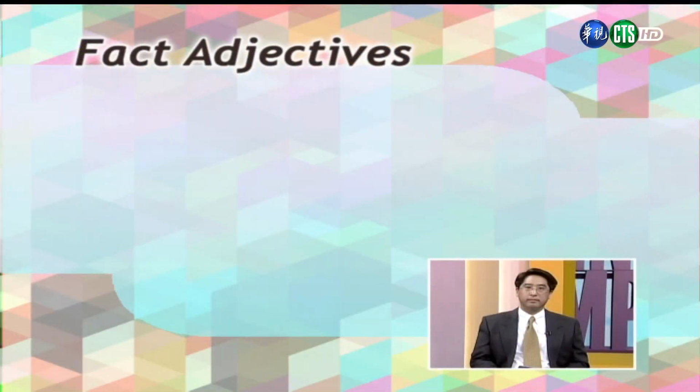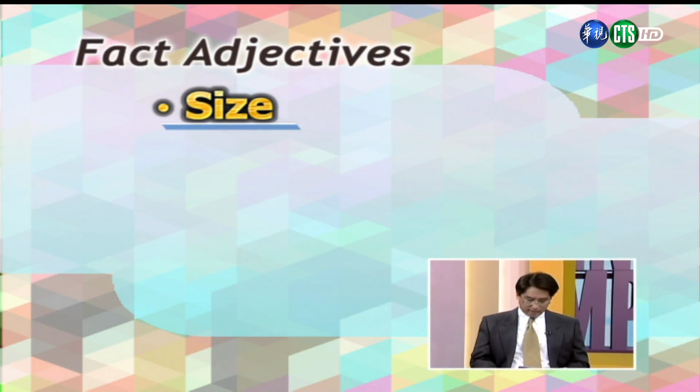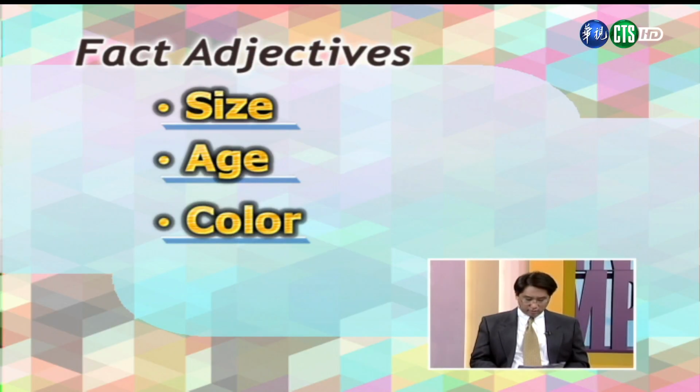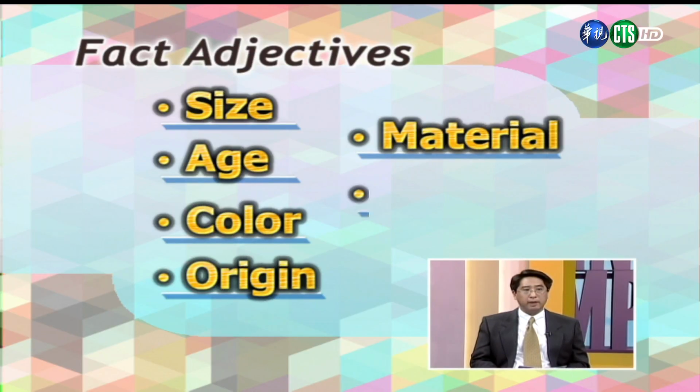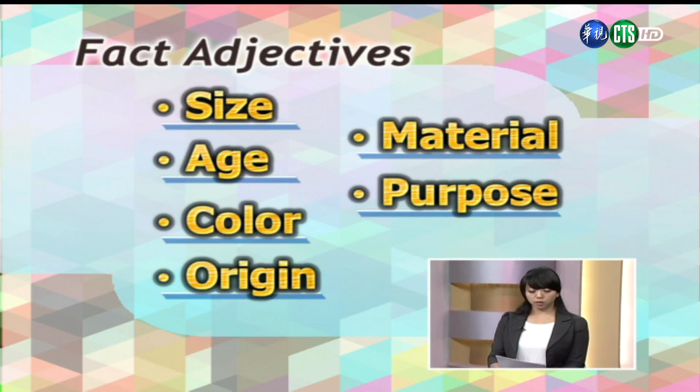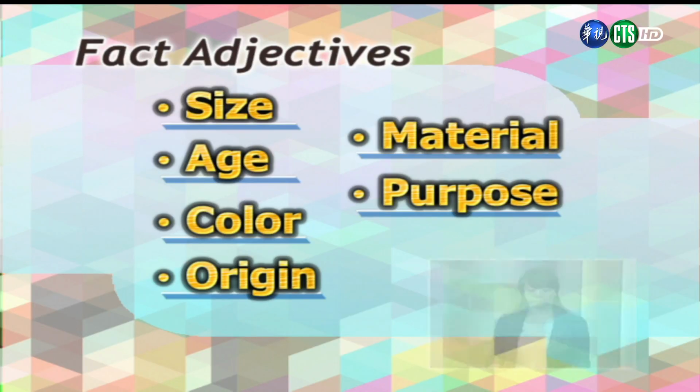Right, now, fact adjectives are words that are related to qualities that can be measured objectively. 另外一方面，事实形容词是可以被客观衡量的。Right, now, fact adjectives can be combined into many categories. Here are some examples. Size, age, color, origin, material, and purpose. 事实形容词可以分成以下的种类：大小、年纪、颜色、来源、成分、目的。